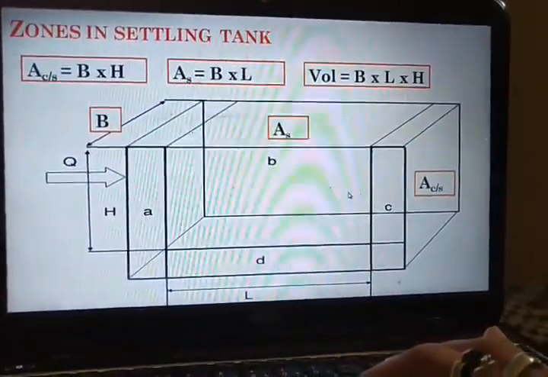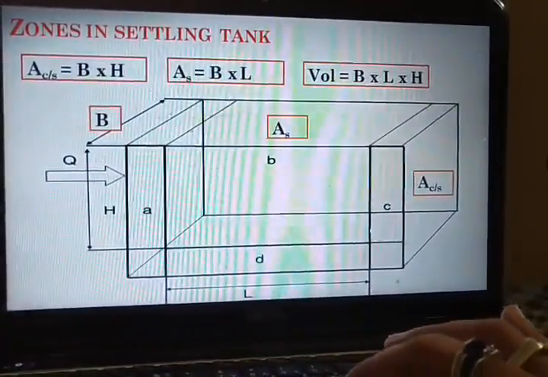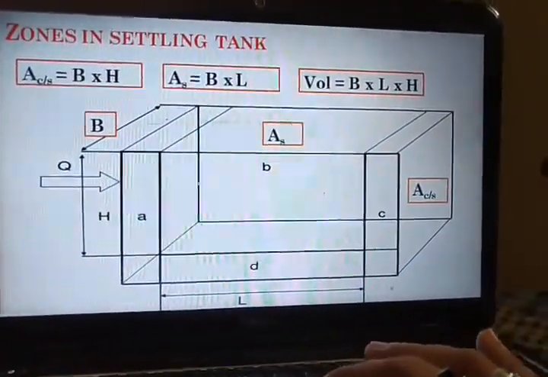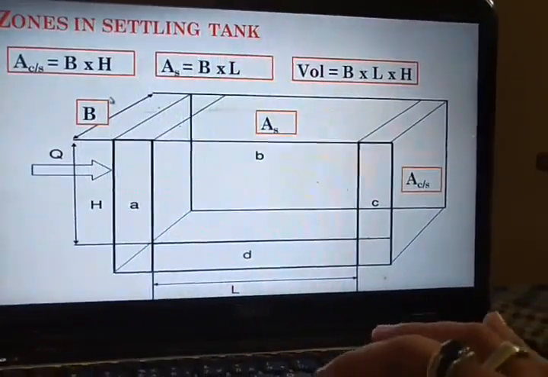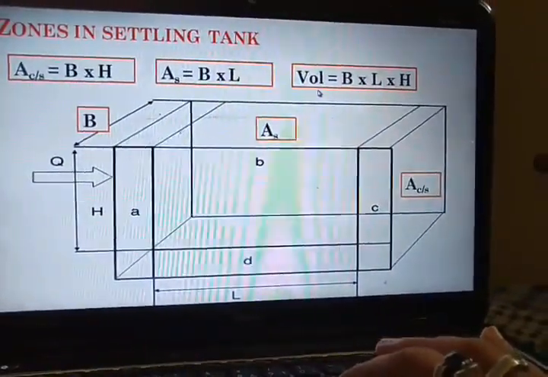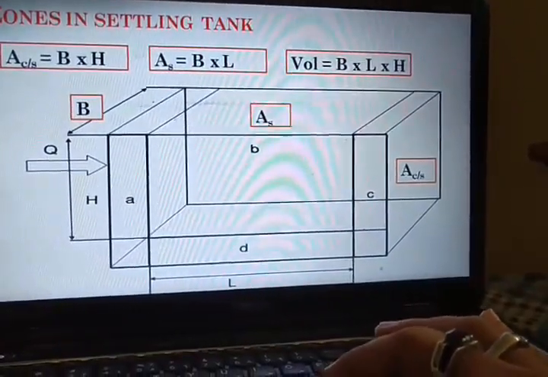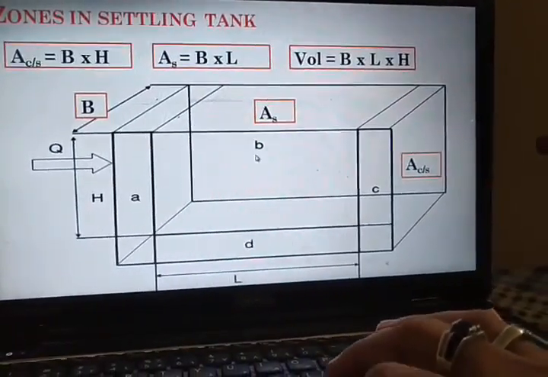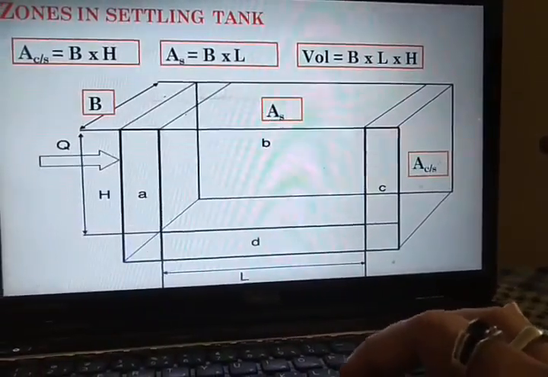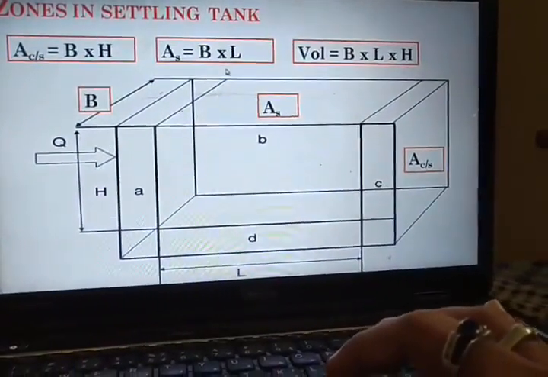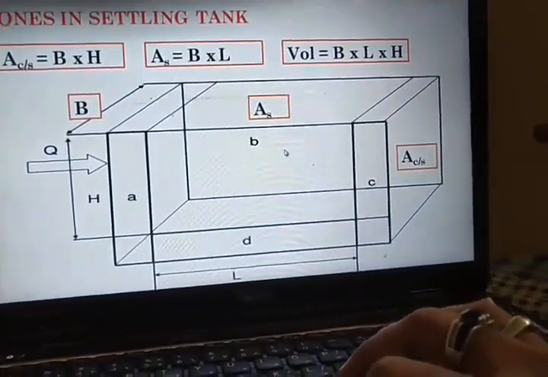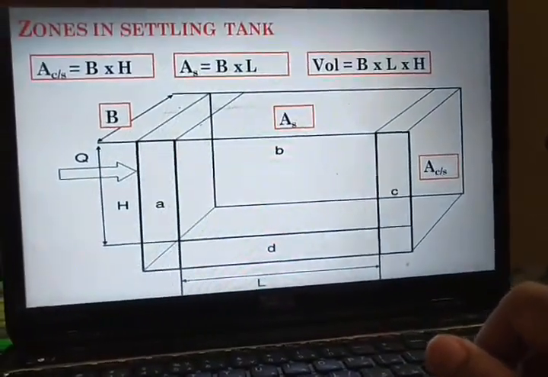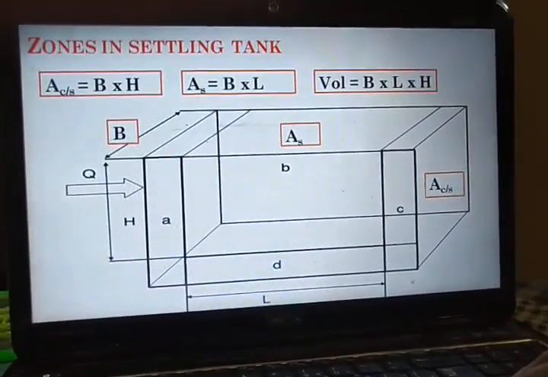Like I told you, this length is an important function because it gives sufficient room for the settlement and the travel of the solid particles entering the sedimentation tank. Similarly, volume, since it is a rectangular tank, is L into B into H, or L into B into D. So this is the area of cross section and this is the area of settlement. Please note the difference between these two areas, as these will be required when we solve numerical problems on the sedimentation tank.